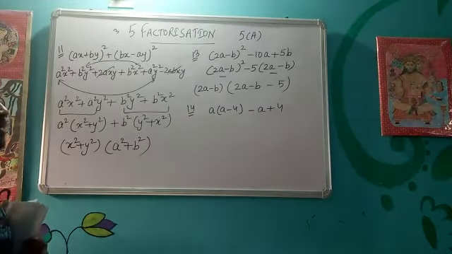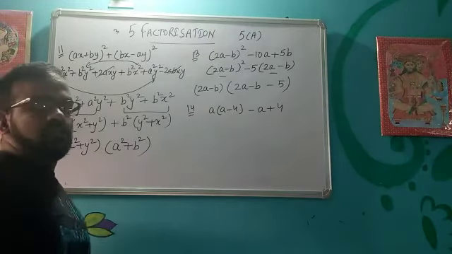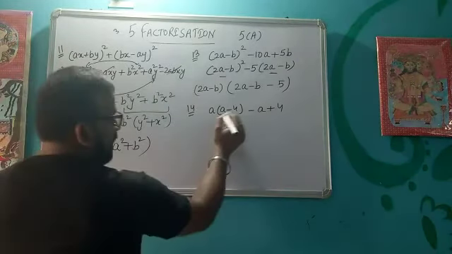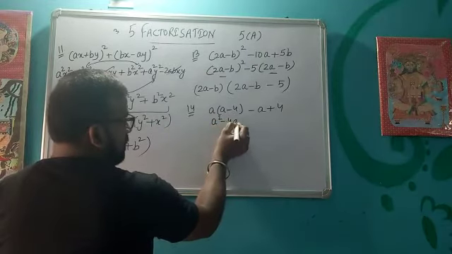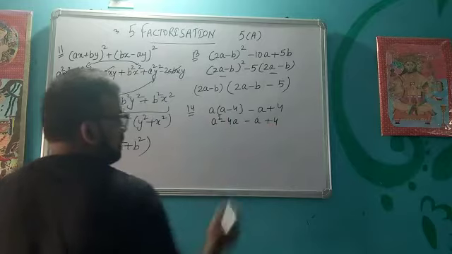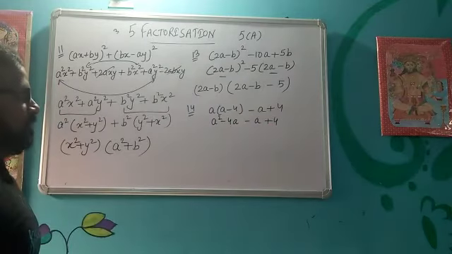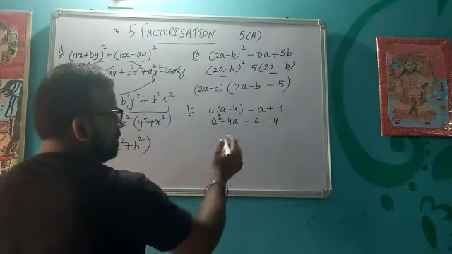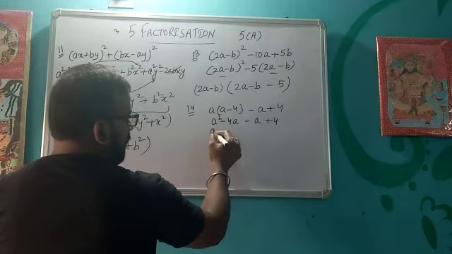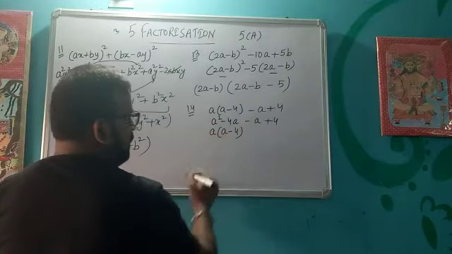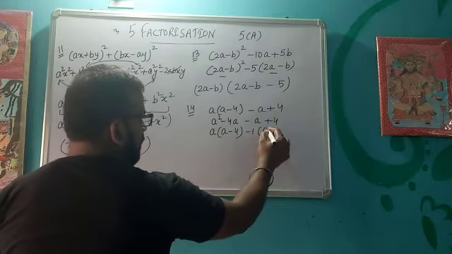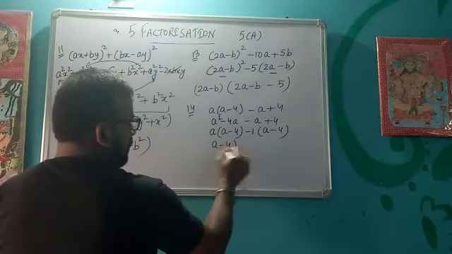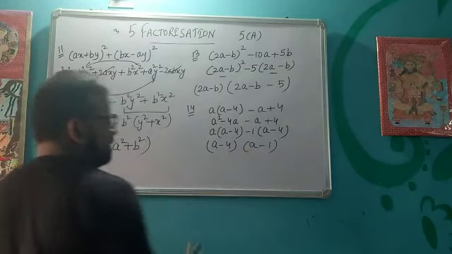Again, three terms we are visualizing here, but if I multiply it inside the bracket like this, so if you see very carefully, what you can see, it is actually 4 terms. So what I am going to do, I will write a as common here, and in this minus 1 I will take common. So a minus 4 will be common in the bracket, a minus 1.